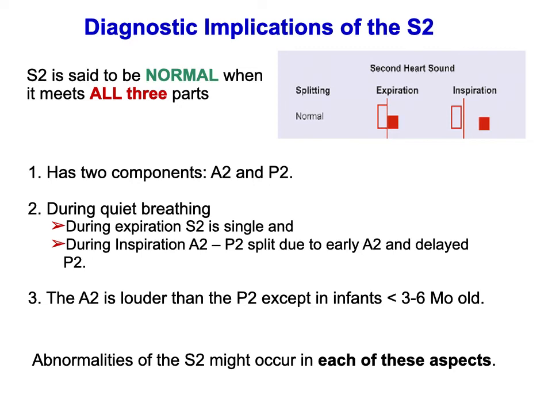And now is the timing, whether it is delayed or early. You know, forcing through a very jammed gate will take much more time. So if there is more force at the opening, at the pulmonary or systemic level, I mean systemic hypertension or pulmonary hypertension, it will take more time to eject blood. Similar is the case of narrowed openings in aortic stenosis and pulmonary stenosis. It will take more time for the blood to eject, so they will be delayed in time. Valve closure would also be delayed.